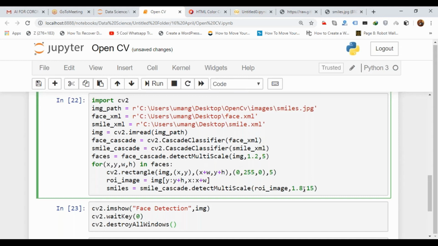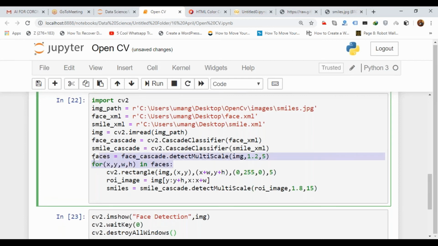According to my experience, this value will give me a good result. So 1.8 comma 15. Similarly we have to use the same loop for the smile also, so I will take sx, sy, sw, sh. 15 is the number of neighbors, as we have taken 5 before. With 15 we will get good output. That's why I'm taking 15. Just try it.